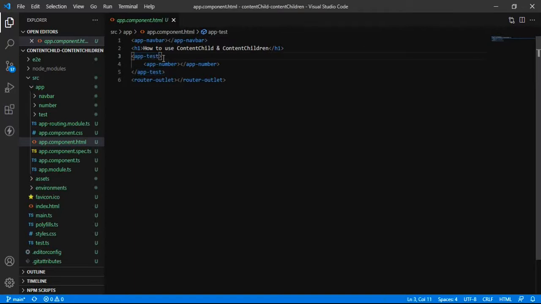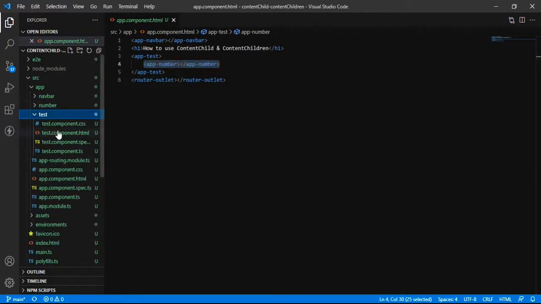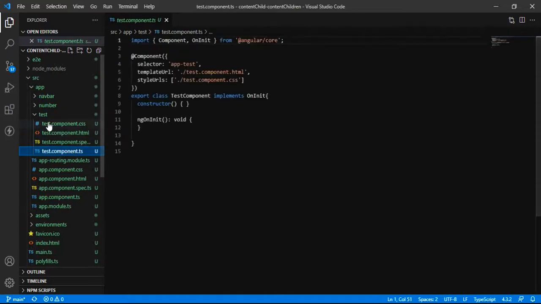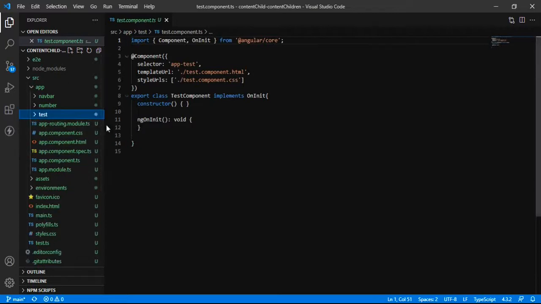So if you want to access this element from the app component, we will use ViewChild and ViewChildren. And if you want to access this element that is getting projected to the component, like in app-test, we have to use ContentChild and ContentChildren. Let us see how we can access it.